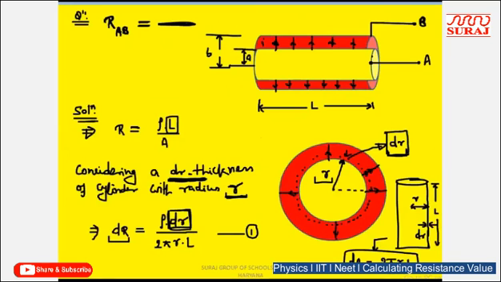In the same structure, if they are asking you the equivalent resistance across the inner surface and outer surface of this concentric cylinder, again the radius is given as small a and small b. So for writing the equivalent resistance, we know the formula. We will keep on writing it every time: R equals rho L by A. Now considering a thickness dr at a radius of small r.